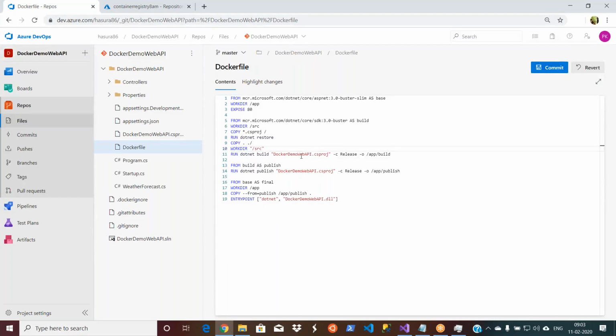And then you are building this one, let it be like this, docker demo web api. I'm not changing anything here, not even the publish options. All I changed is in the copy command, I made the path relative from your source to your target. Slash means somewhere on your image root. And I also changed the run .NET restore. You again have the docker web API project name there. I'm not giving that, because it basically runs whatever is in the previous command. Okay. Now let's go and commit.